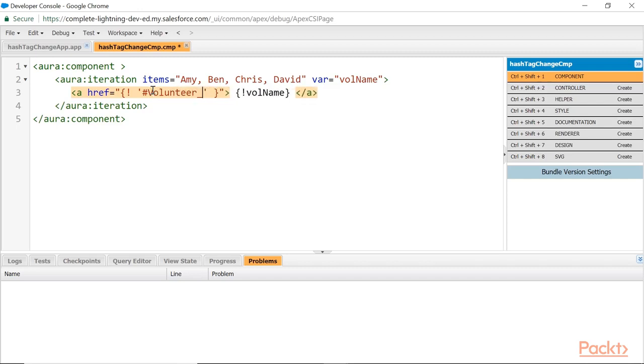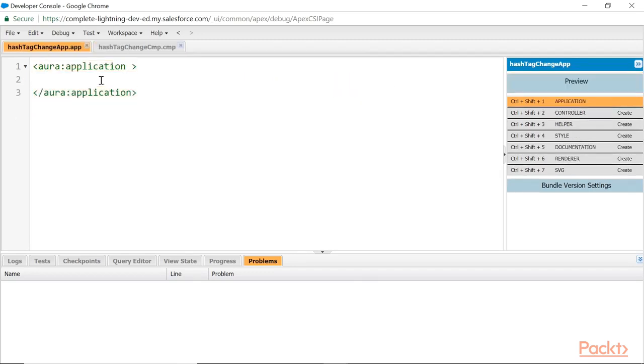Volunteer _c or something after slash, we will be having volunteer ID generally. So based on that ID, we are going to have another component which will display the important fields of that volunteer. This is the general scenario, but I'm not going to that much deeper. Just I wanted to show you how to handle this hashtag changes, location change event. Let me concatenate, save it in the application, embed it,